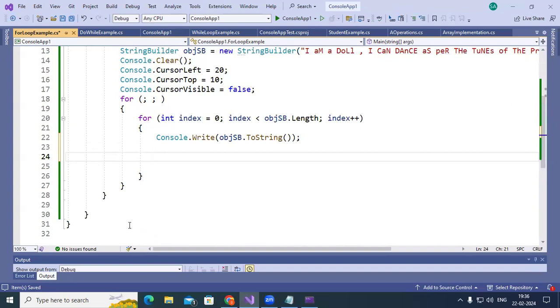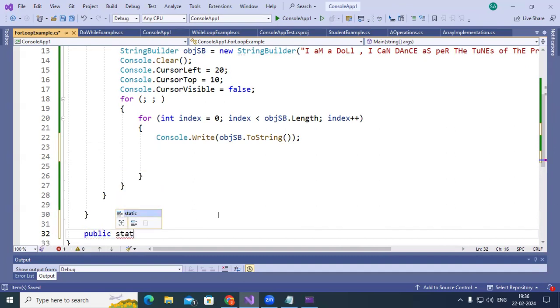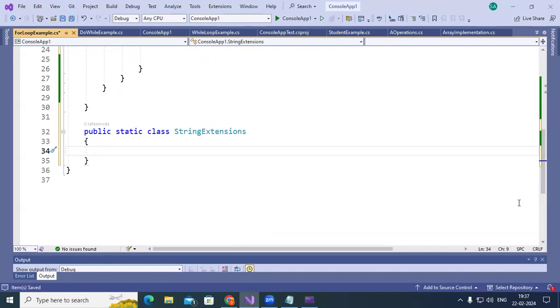Here we can define one more class called StringExtensions. Right here, public static class StringExtensions. I can write another extension method, and with the help of this,